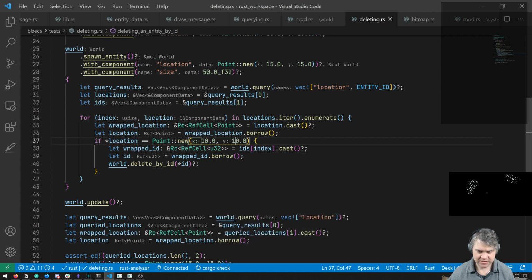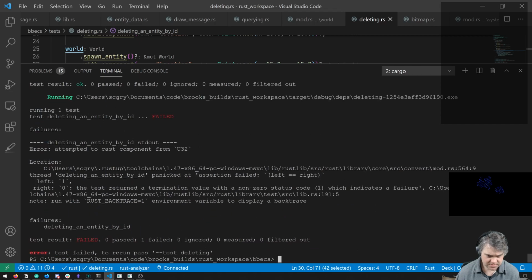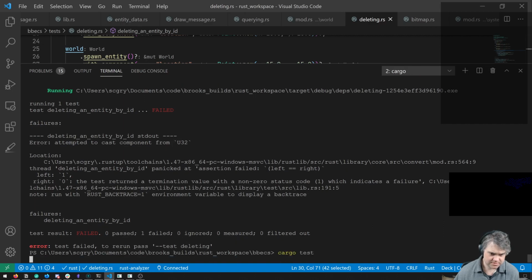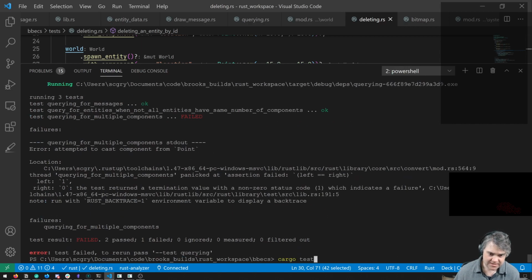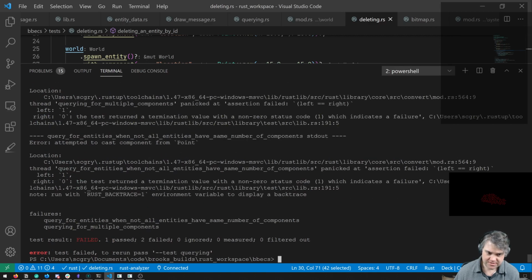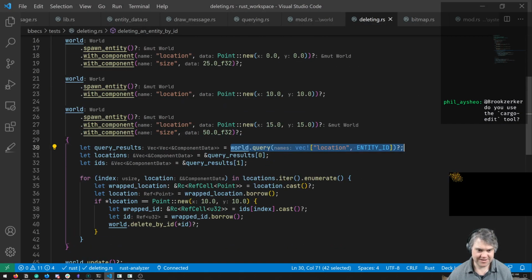So yeah, we're getting the wrong order. So we have these IDs of index, IDs. So query results is the wrong order now. Do you always have the same problem, or is it I'm getting like a race condition? You're always giving me the same. Look at that. Attempted to cast component from point, from u32. Race condition. Race condition. All right.